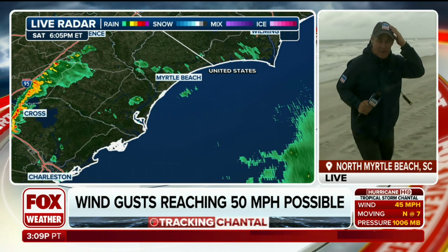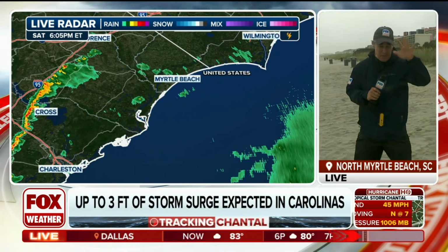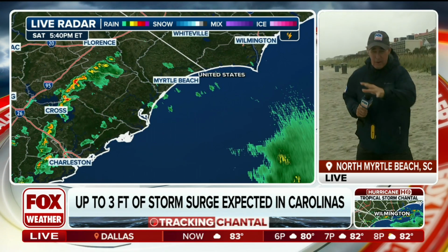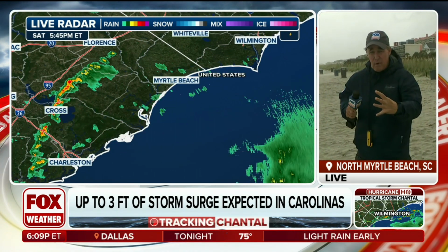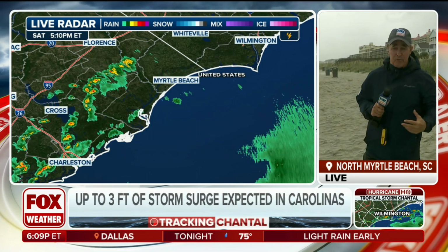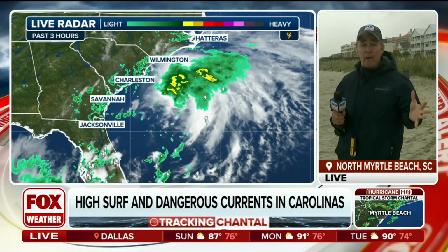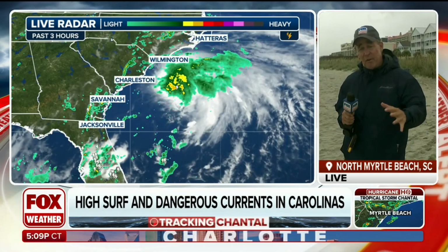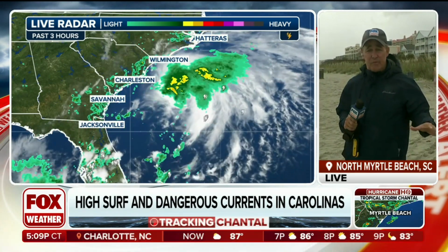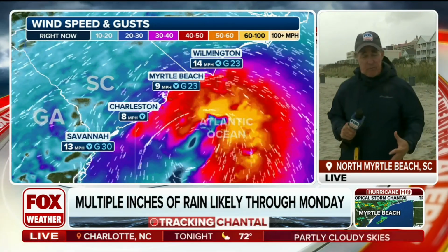So we're going to be watching Chantal come in. Let's go to the radar as I try to keep the hat on. What I've done is I've measured how far the outer band, that solid area of rainfall, is to where we are. It's about 70 miles away to the south, east-southeast. So it won't be long before that comes in. It's going to be later on this evening, and the Hurricane Center has it on shore by about 2 o'clock Eastern, plus or minus. So by the time we get back on the air here tomorrow morning, just before sunrise,